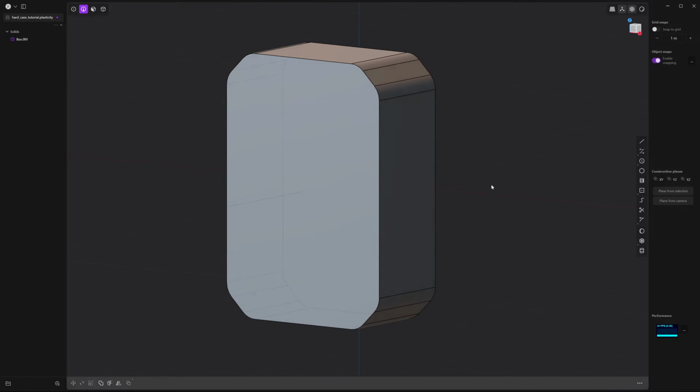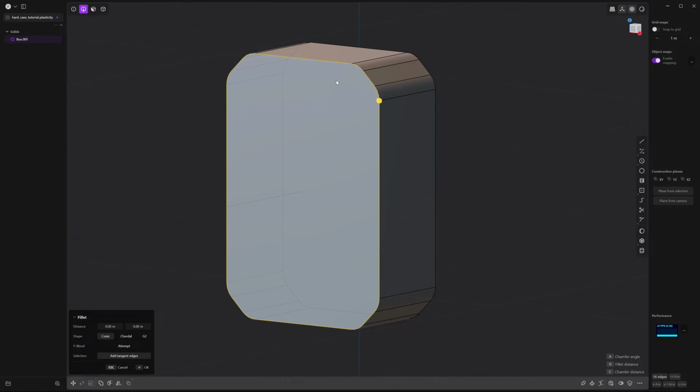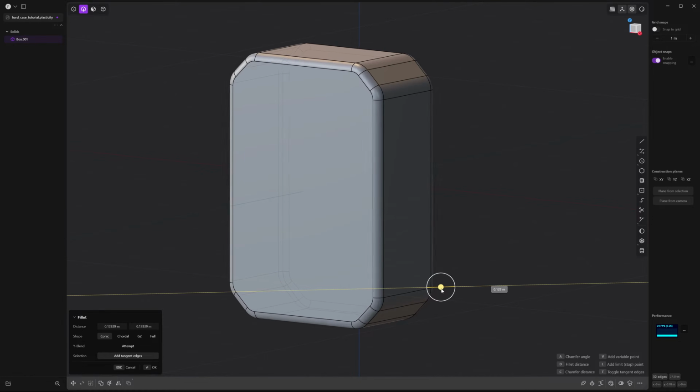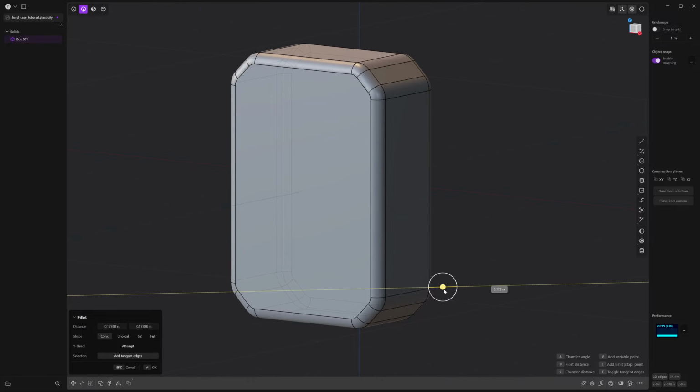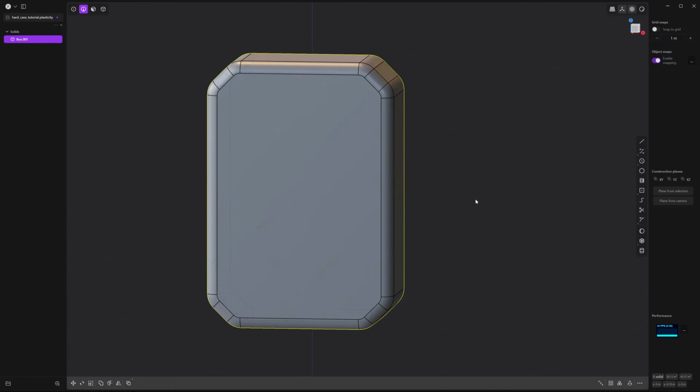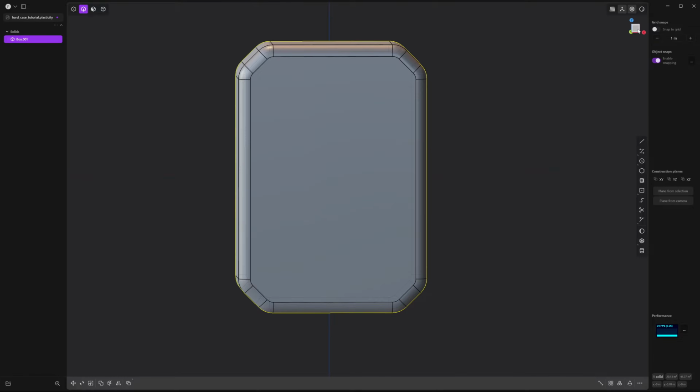And now we're going to select these front edges and create a fillet as well. So hold Alt, click on that, and that'll select those edges. Hold Shift and Alt, and it'll select the back edges as well. And we're going to then drag that out and create a fillet, which will create a nice rounded edge. Great, so now we have this base form, and we can start adding some details to it.